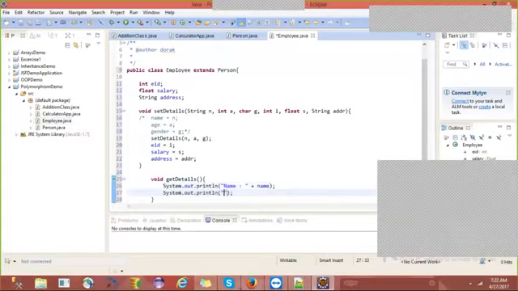Age. Yes. Sys out. Gender. Yes. Employee ID also we need to write.